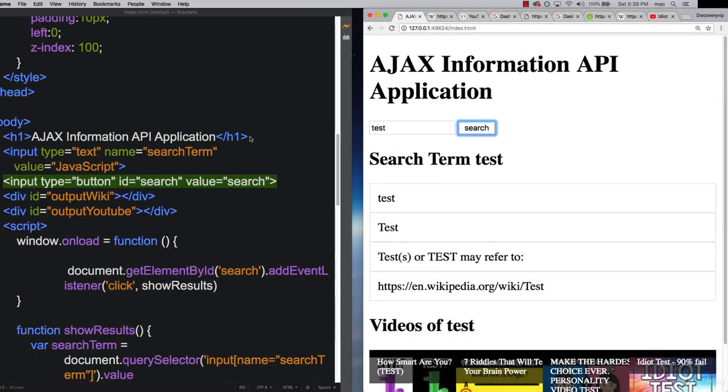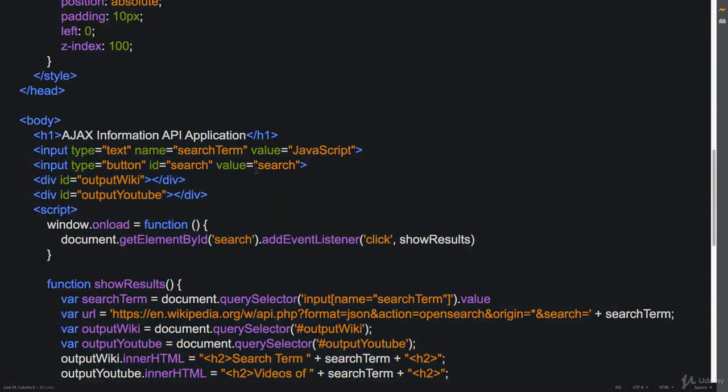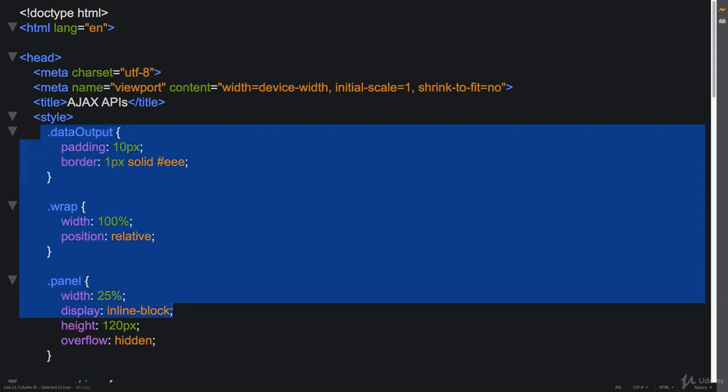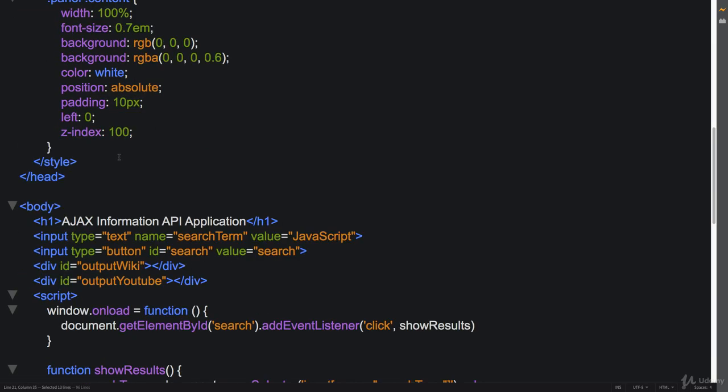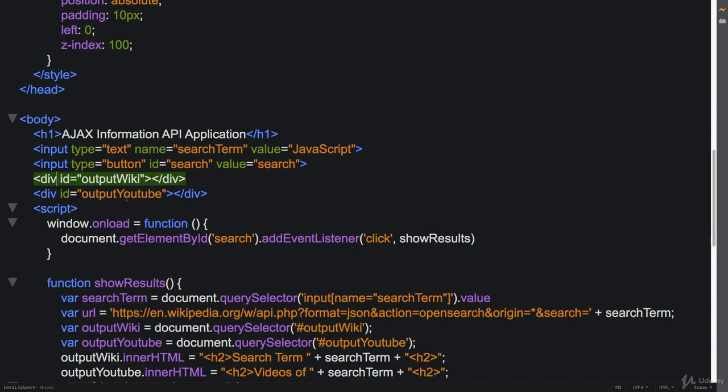So now let's do a quick overview of our source code and just to review what we've been working on in the previous lessons. So we did some styling, and this was one of the last lessons, making it look more presentable with the YouTube content. We had to divide out our wiki and YouTube. We have a button here, we have an input for the search term, but we had to divide out the